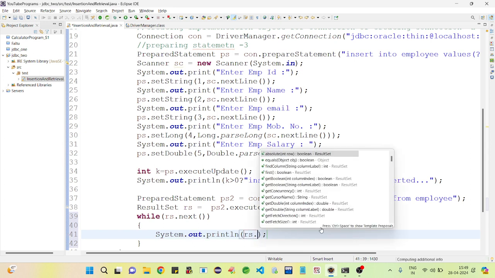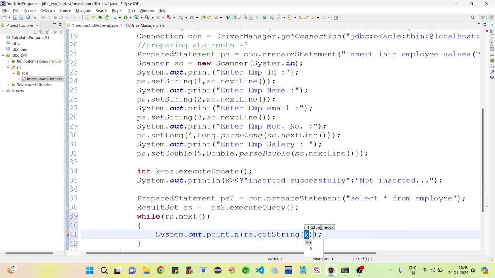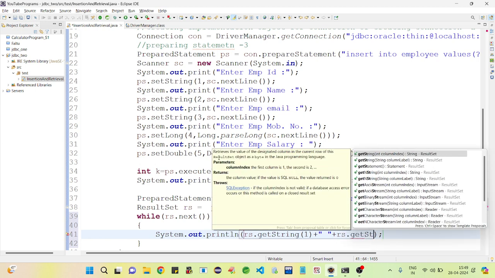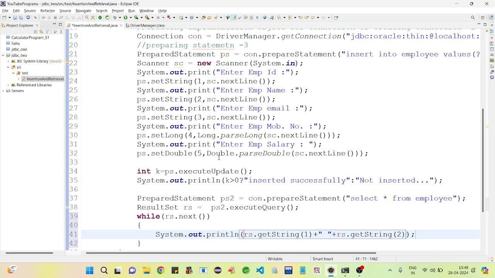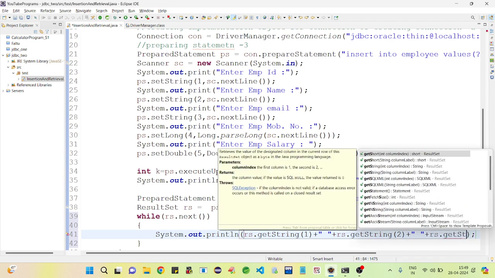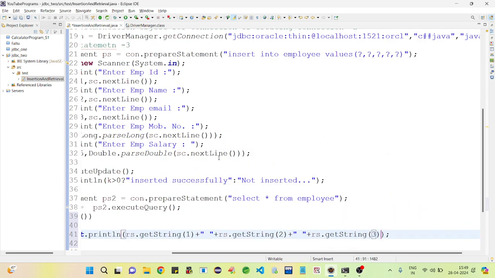rs dot getString. At first column, the data type is varchar. Varchar is a string in Java. In second column, it is a string also. rs dot getString 2 again. rs dot getString 3.